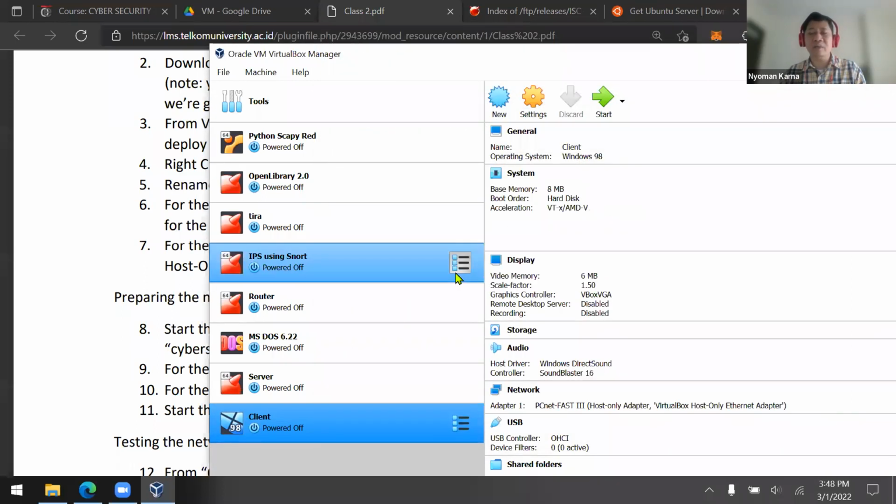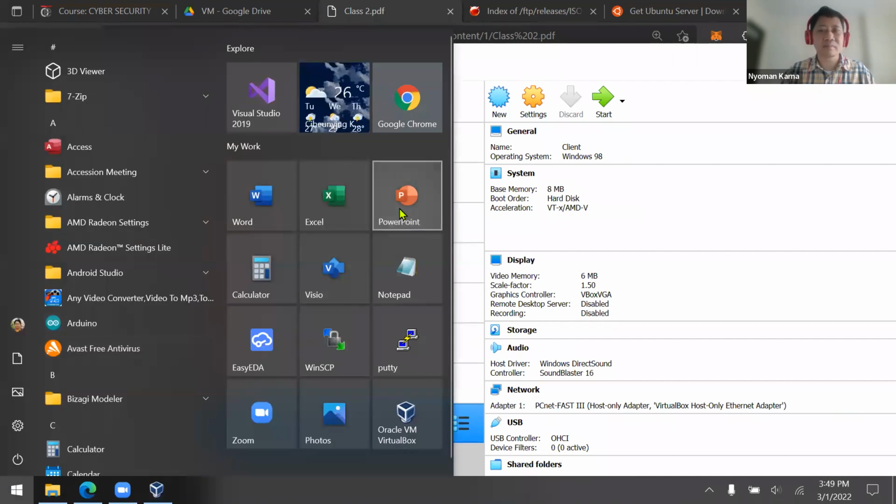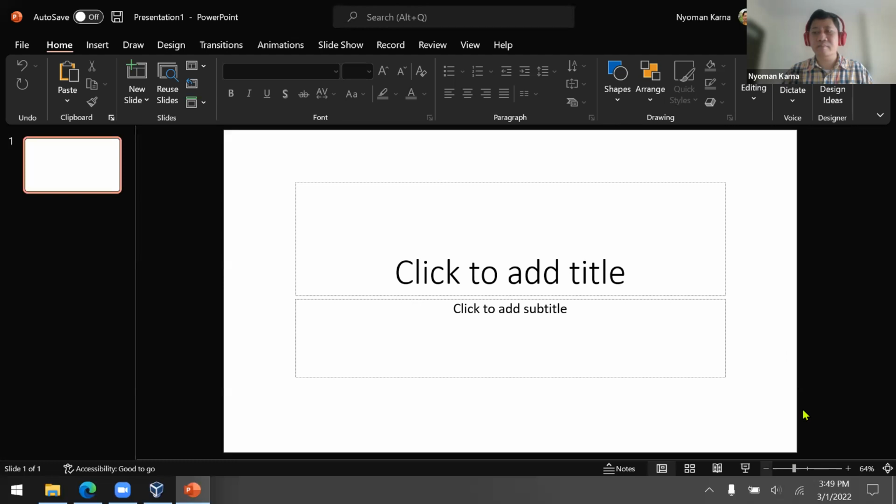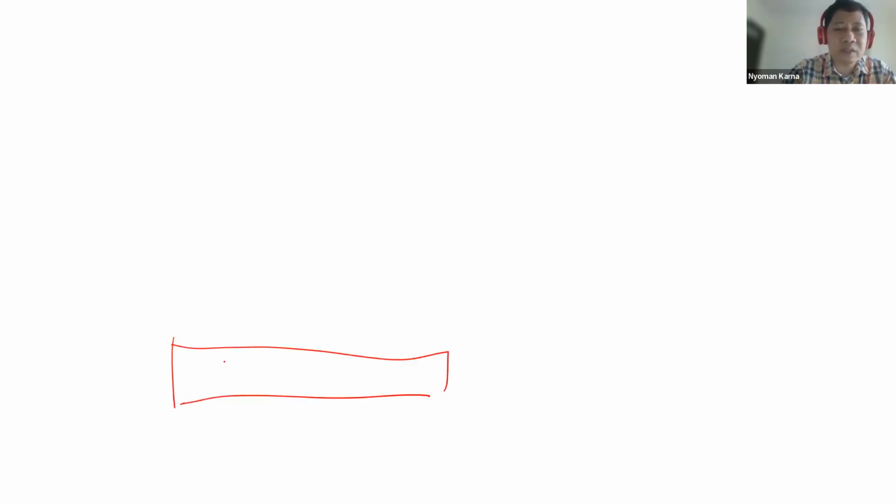So now let's first discuss the difference between the host only adapter and the bridge adapter. Now, maybe some of you are already familiar with virtual machines or the hypervisor. Let's talk about this first again. Okay. Now, let's say I have the hardware of my computer.